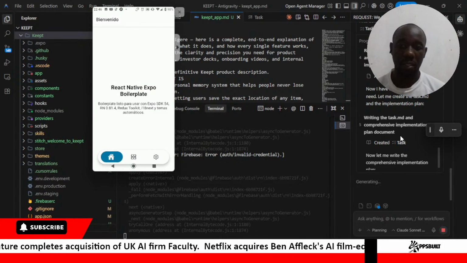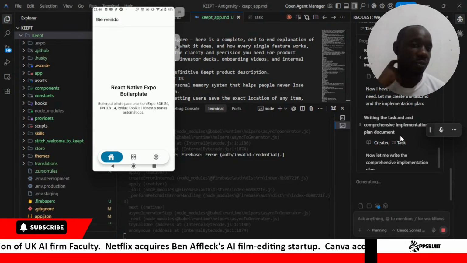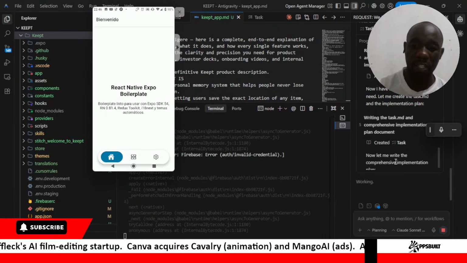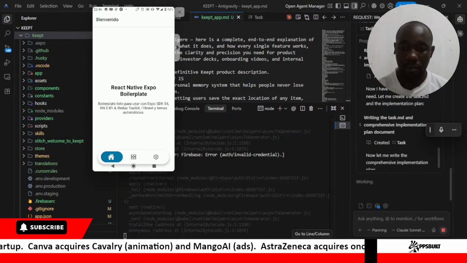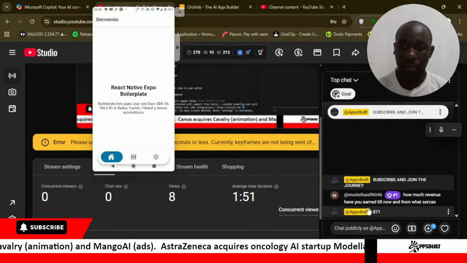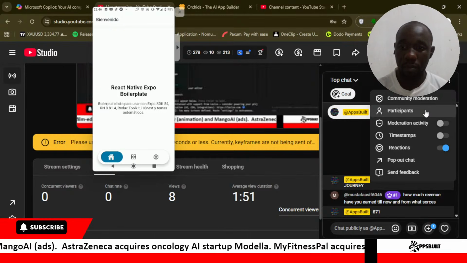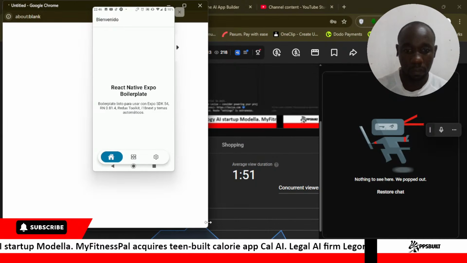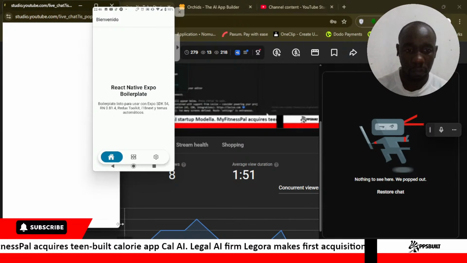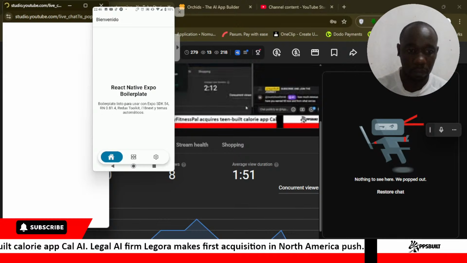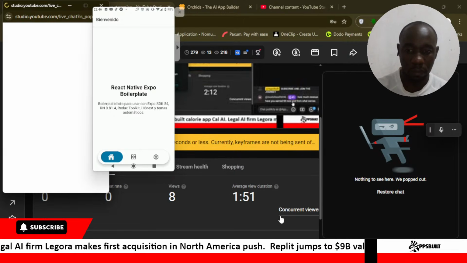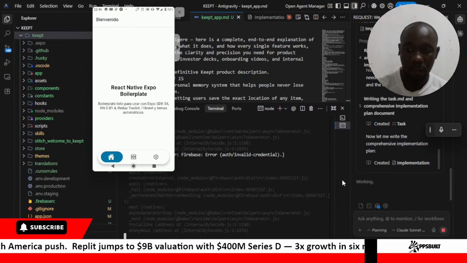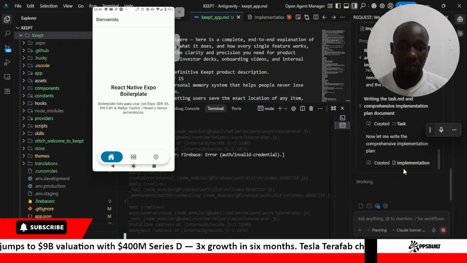So we wanted to have this initially, and I believe that it is important to fix this and ensure that we've standardized each and everything. So it's creating the implementation plan.